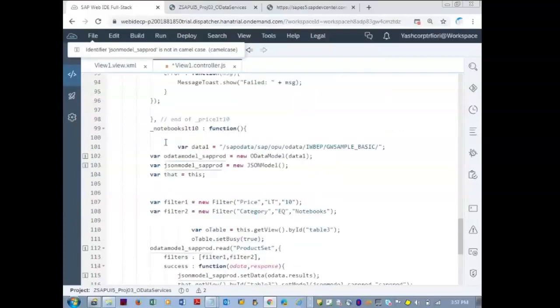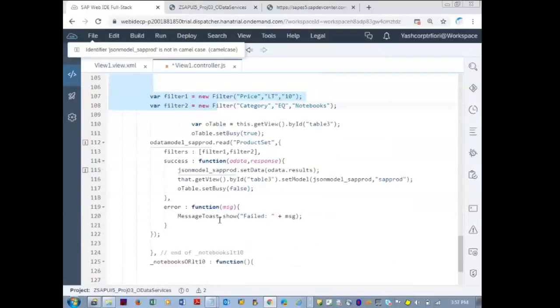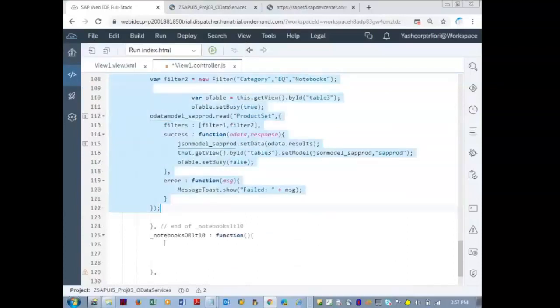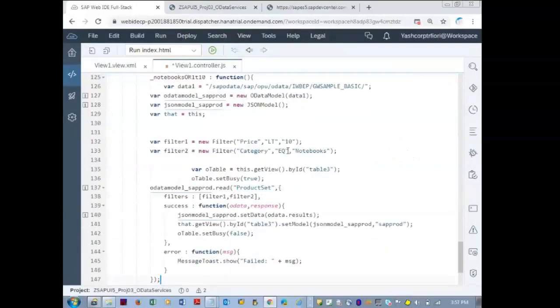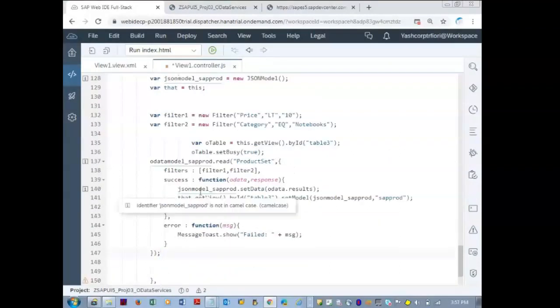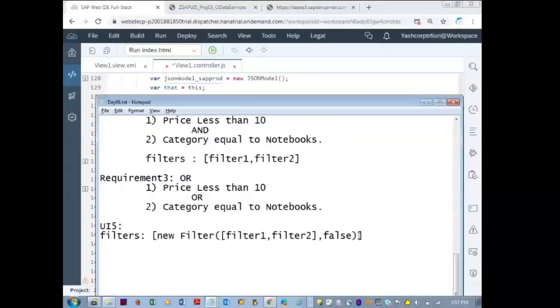We copy all the previous function's code here. Only this will change, the filters. This we are making false.